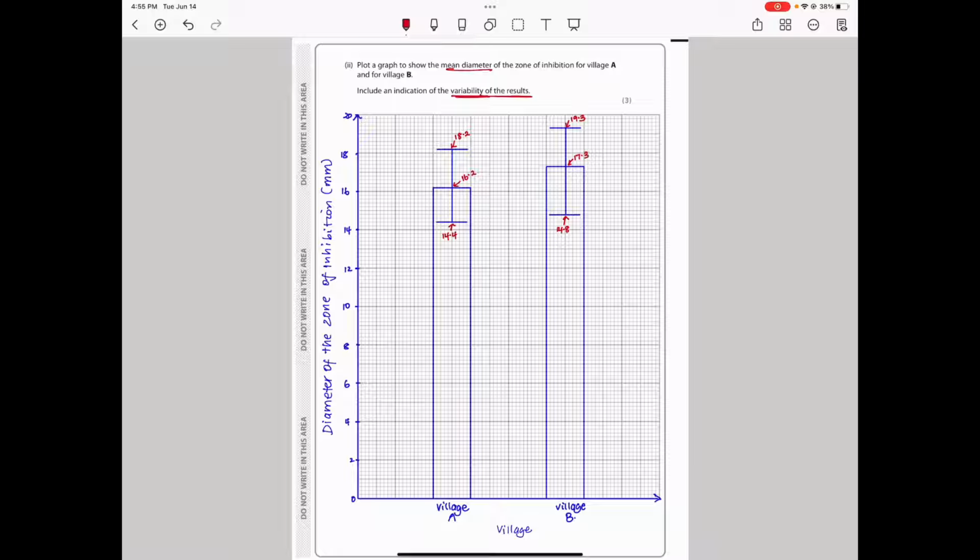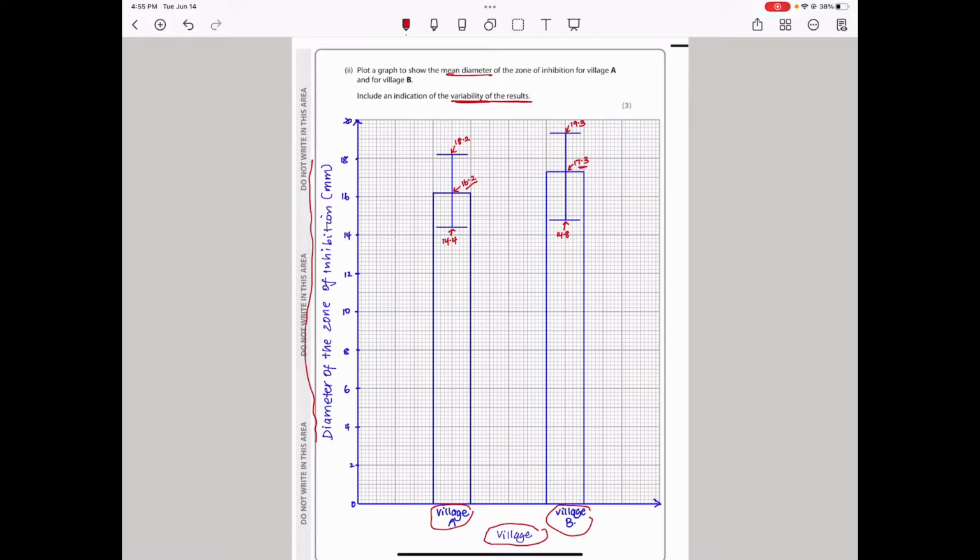As you can see here, I put the village on the x-axis. So we have the data for village A and the data for village B. Here I put the diameter of the zone of inhibition in millimeters, and then the mean value is here for village A, and for village B you can see 17.3 is there. Then the higher bar shows us the highest value for village B, and the lower, 14.8, is the lowest value for village B. 14.4 is the lowest diameter for village A, and 18.2 is the highest diameter